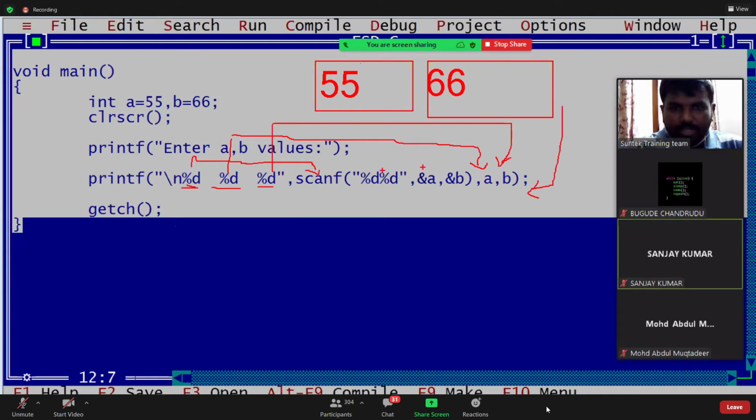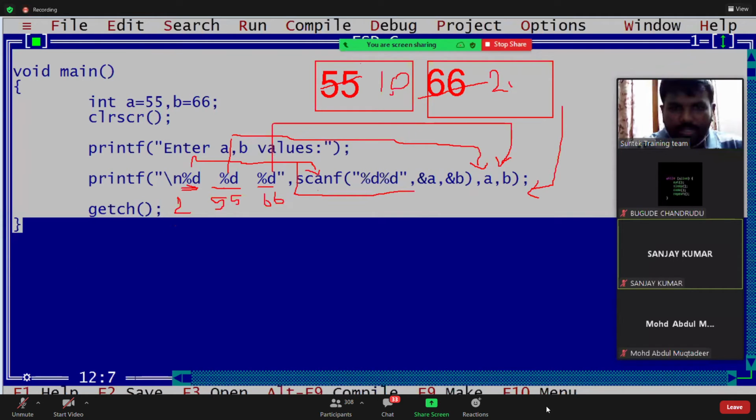I think you understood, right? First percent d is scanf. Second percent d is A. Third percent d is B. It executes from right to left. First B value, this is 66. Next, this is what? A value, 55. Next one, this percent d is the scanf value. What is scanf value? 2, 55 and 66. Whenever it is executed, it changes the values. After printing only you are changing, right? This is 10, 20. Now, how much is the answer, guys?